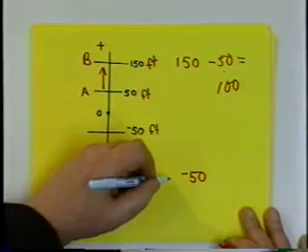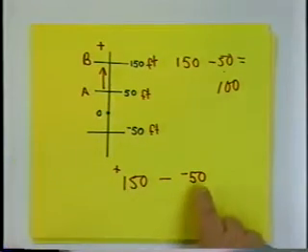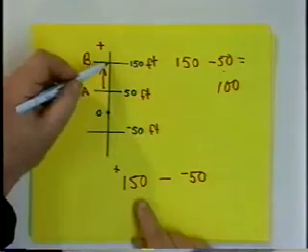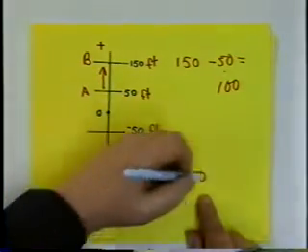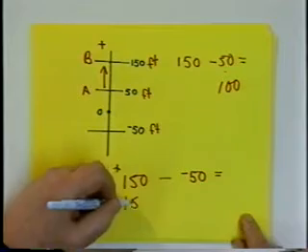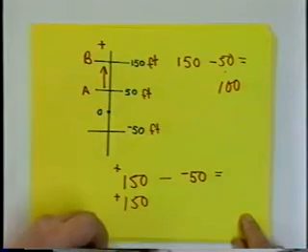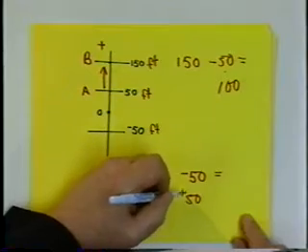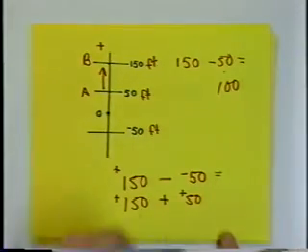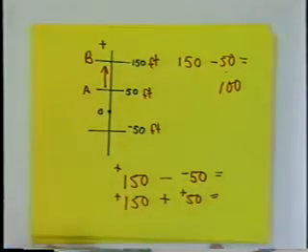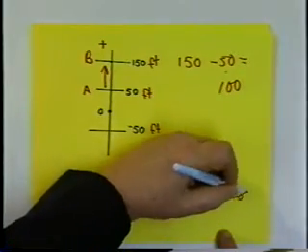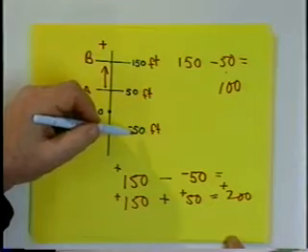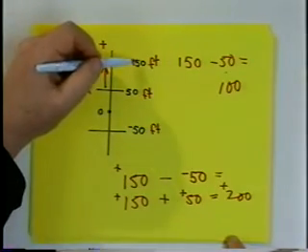What do we do? Subtract where you're leaving from, from where you're going to. This problem would say what? You take the 150 and subtract the negative 50. What's the rule for subtracting? Leave the first number alone, change the subtraction to addition, change the sign. In other words, replace the second number by its opposite. What's positive 150 and positive 50? Isn't that positive 200? And therefore, to go from 50 feet below sea level to 150 feet above sea level,